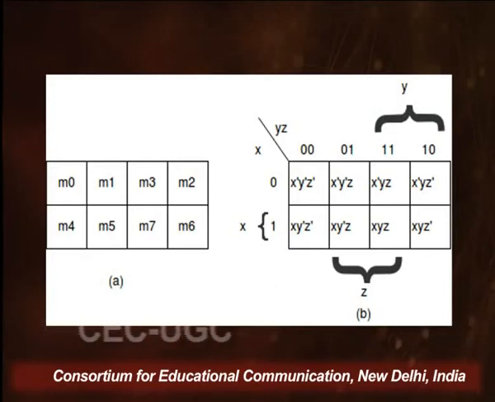Look at the first row, first 2 cells. Y remains 0 in the first cell, and Y remains 0 in the next cell also. Z changes from a 0 to a 1. So only variable Z has changed. X remains 0 and constant for them. If you look at the first row completely and go from one cell to the other, X remains 0 for all. In the first cell, Z changes from 0 to 1. Go from cell number 2 to 3: Y changes from Y dash to Y. Go from cell number 3 to 4: Z changes from Z to Z dash. So only one variable changes, and that is why they are called logically adjacent.